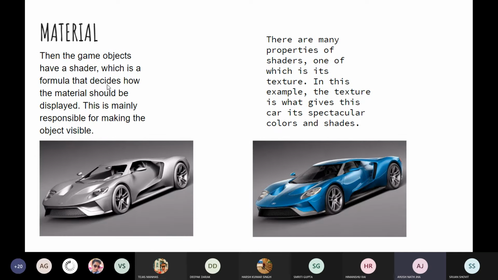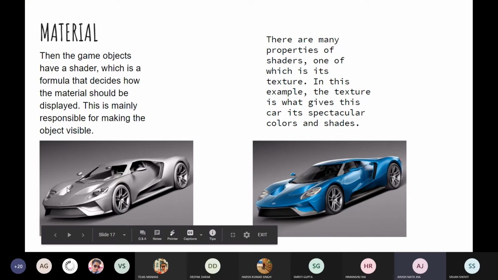Next, game objects have a shader, which is a formula that decides how the material should be displayed. This is mainly responsible for making the object visible. You can see how these things have become glossy, and how this thing has become metallic. Like if you would see an actual car, the material would look like this. So the shader is basically a formula which decides how the material is to be displayed.